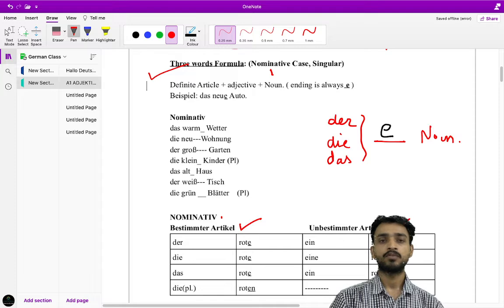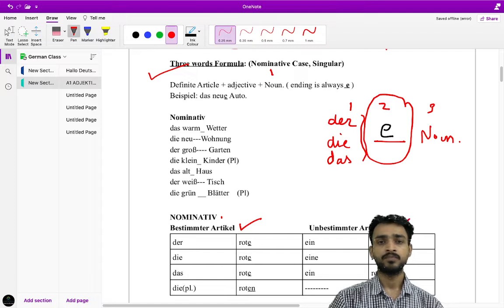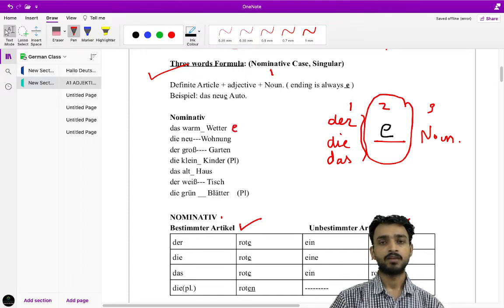This I call the three-word formula, because you have der, die, das, anyone, either der or die or das, and then a noun. In this case, the adjective takes E ending. There is an example: das warme Wetter. Das is the article, warm is the adjective, and Wetter is the noun. So the ending is E, warme. Similarly, die neue,